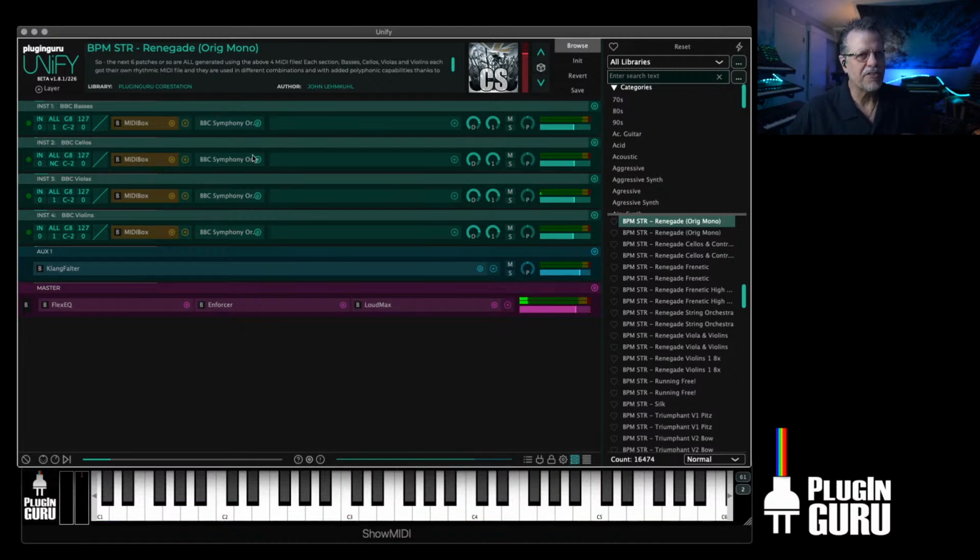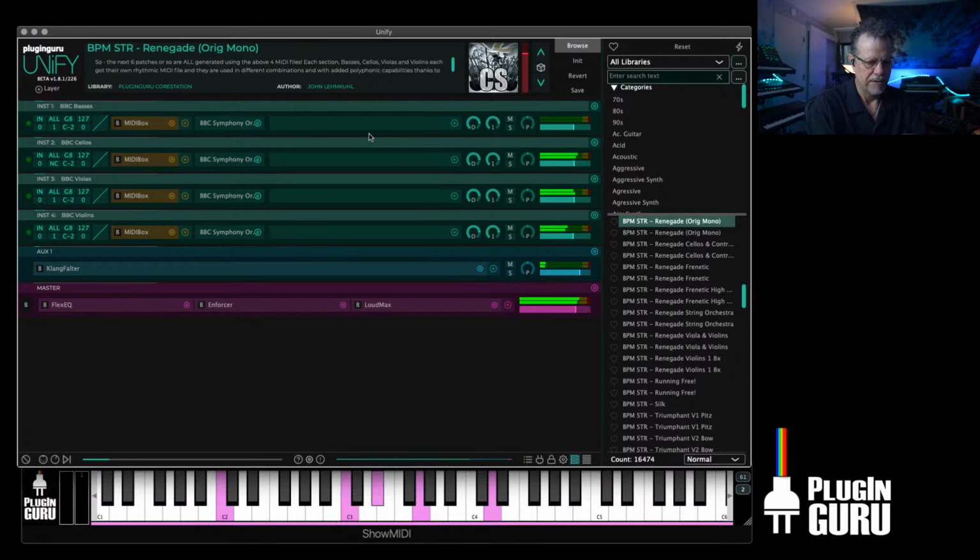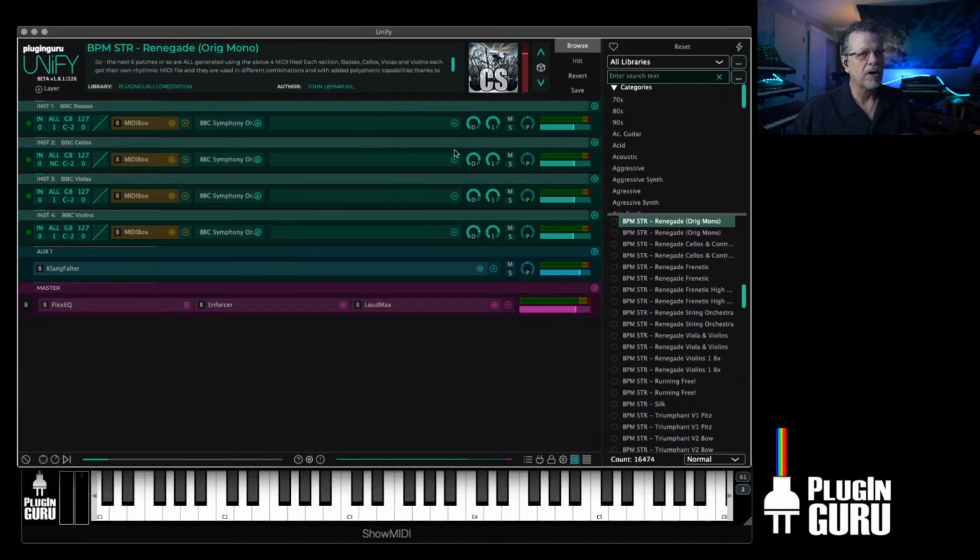If you're not familiar with Core Station or Discover Station, this is a library I did in partnership with my friend Jeff Stradling. He's incredibly talented in Los Angeles as a film orchestrator, composer, just musician extraordinaire. And we worked on the BBC Discover Station library, which can be a $50 orchestra. They have upgrades to the Core Station and Pro Station versions. But if we go to just Core Station for a moment,